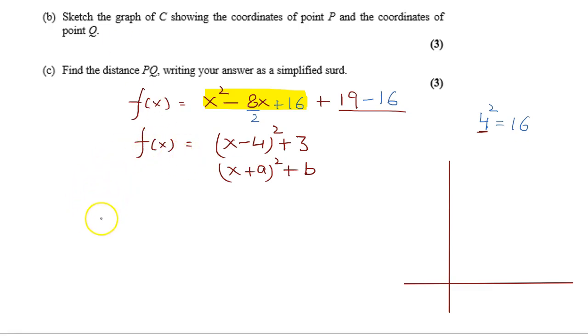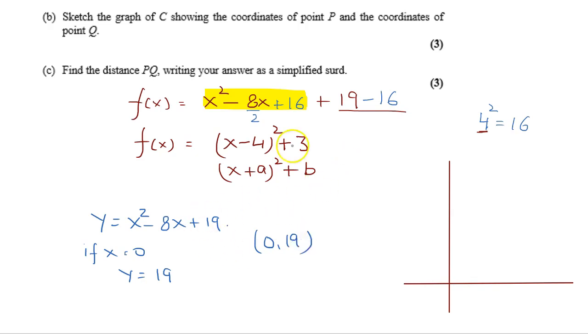We have the equation y is equal to x square minus 8x plus 19. So if x is 0, y will be 19. So one point is 0 and 19. Now here we have x minus 4